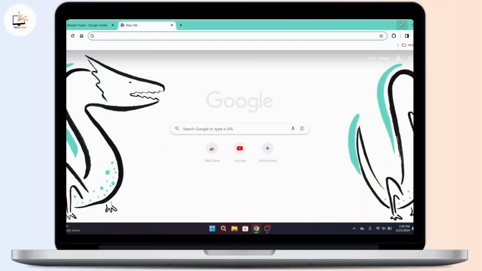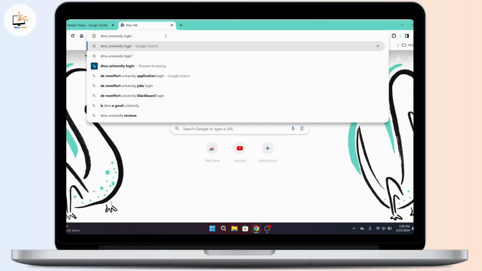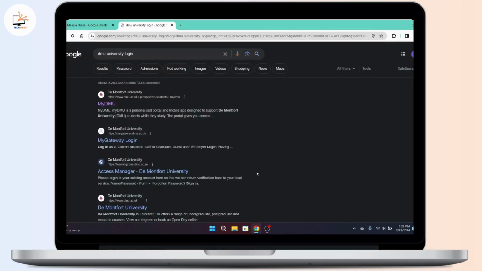First of all, on your desktop, open up any web browser that you prefer. And after that, on the search URL, type in DMU University login. Press enter. Then you will be taken to this interface. Now head over to the first link that says